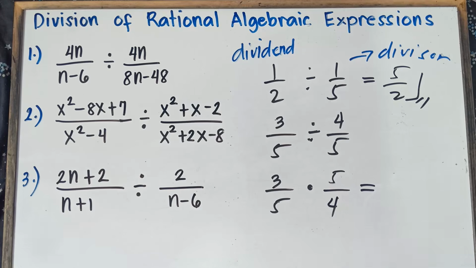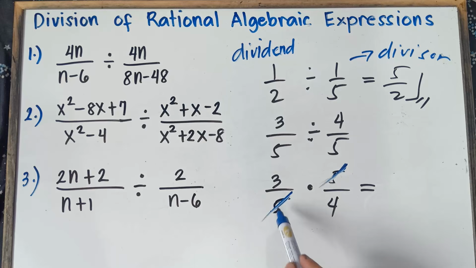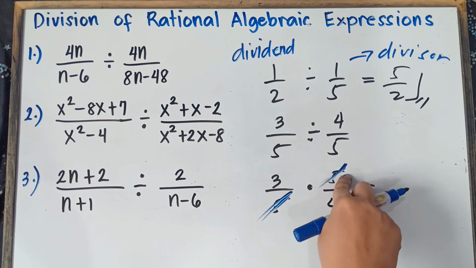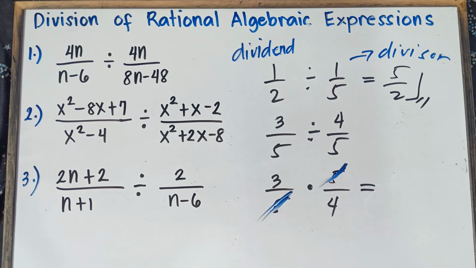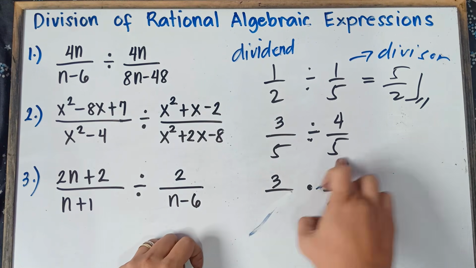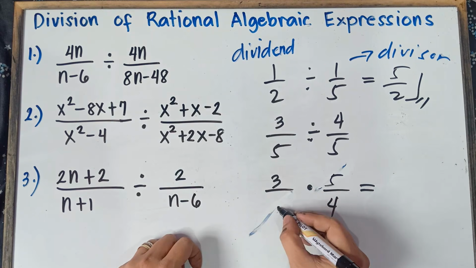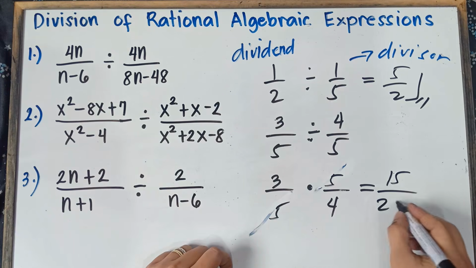Once again, class, since you're already done in multiplying algebraic expressions, we can cancel 5 and 5. Same numerator and denominator, we can simply cancel this out. In multiplication of fractions, if you have the same numerator and denominator, you can simply cancel this out. You will have the same answer anyway. So let's have 2 solutions, class. What if we don't cancel this one? If we multiply 3 times 5, that would be 15. 5 times 4, that would be 20, right?